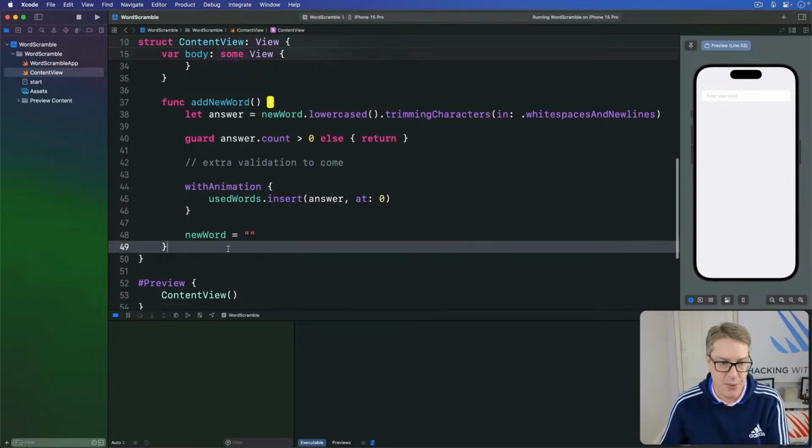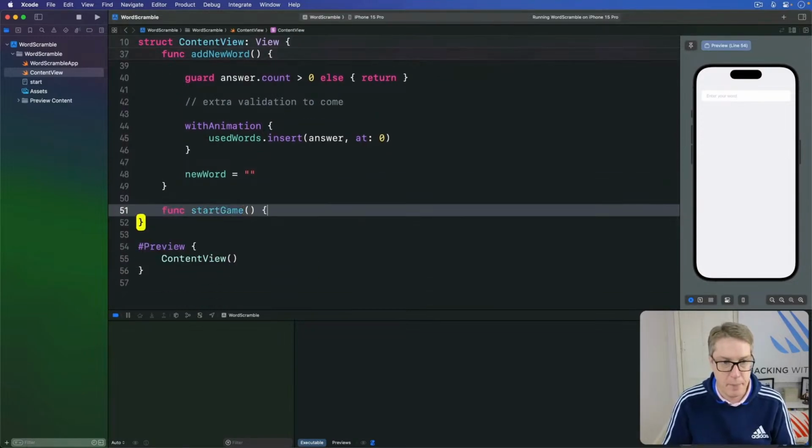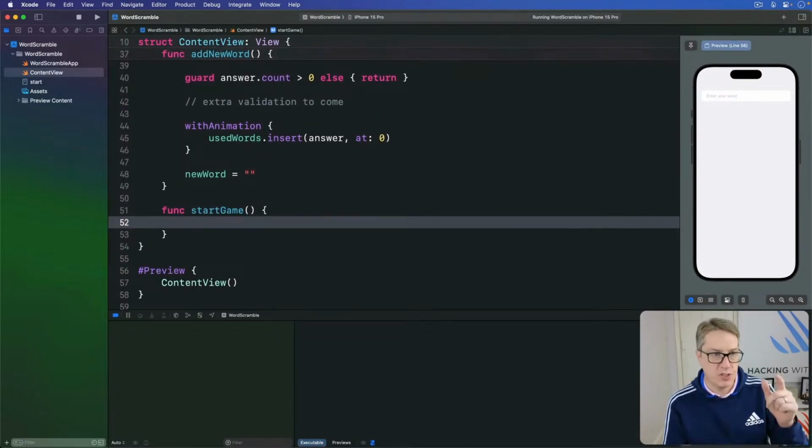Anyway, let's write this out in a new method down here called startGame. Step one, we're going to find the URL for start.txt inside our app bundle. So we'll say if let startWords,